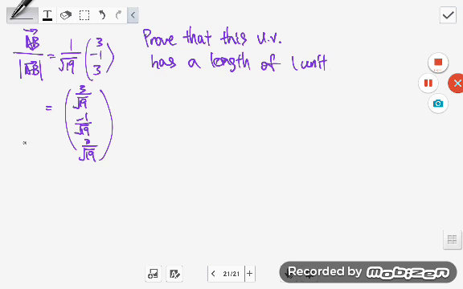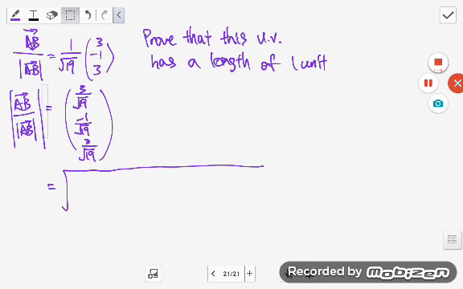Now if I want to find the length of this unit vector, then I hope you guys remember the distance formula, right? So the magnitude of my unit vector is equal to square root,